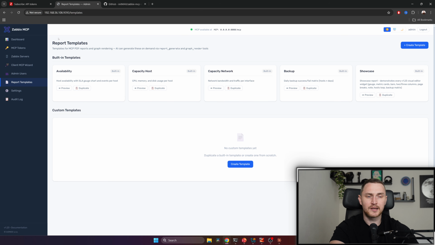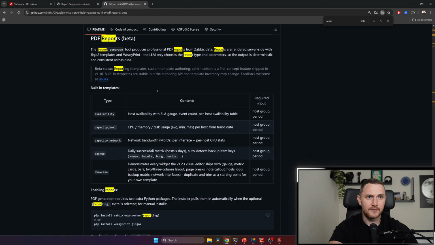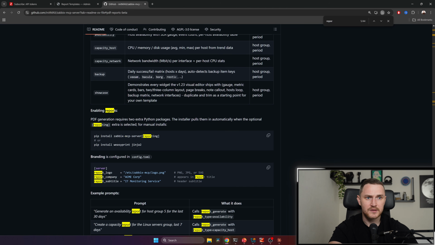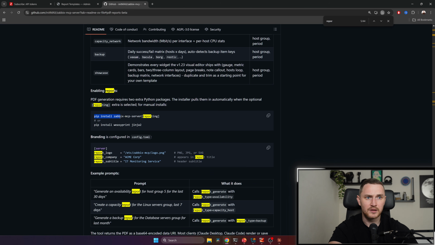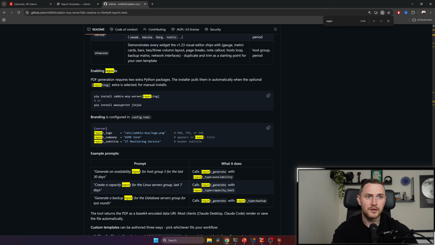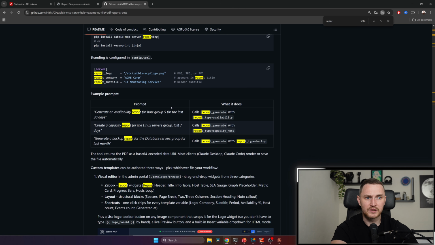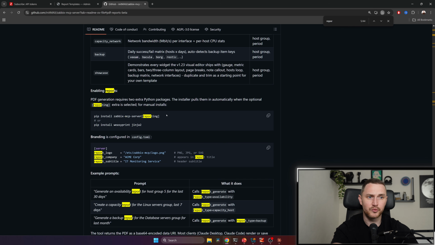There is a command like pip install, and I don't remember exactly what the packages were, where the second option was to install with reporting. I think it is somewhere here, like pip install MCP server reporting, or pip install, sorry, this one or this one, so that you have all of the dependencies for reporting, and then you need to restart your